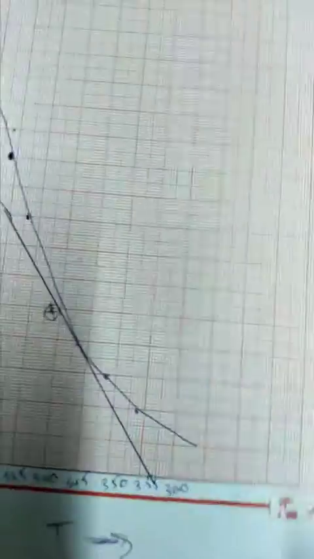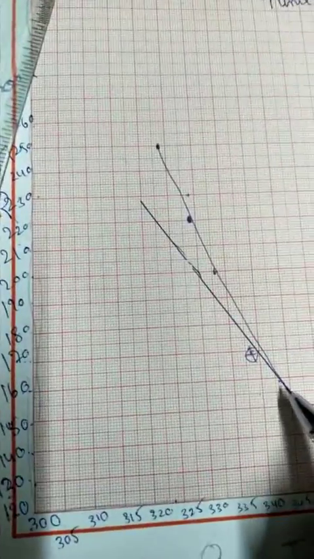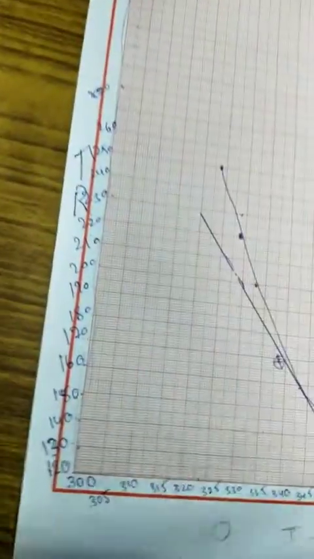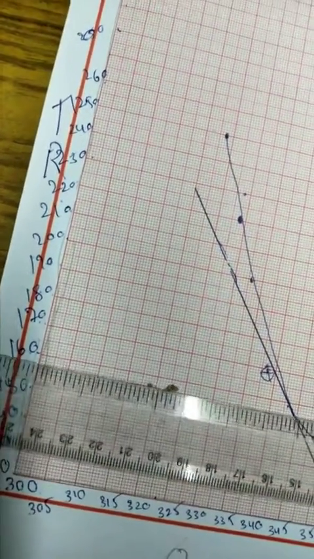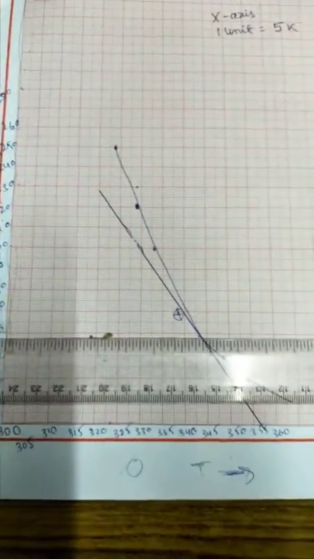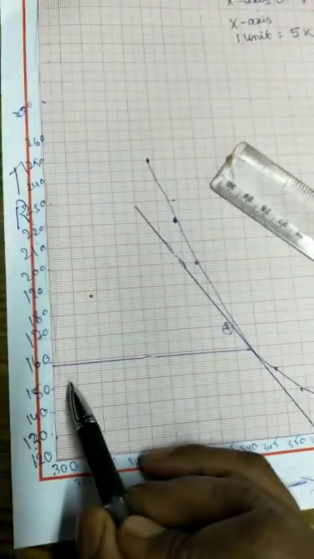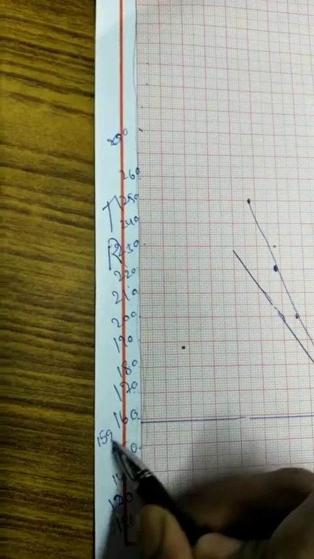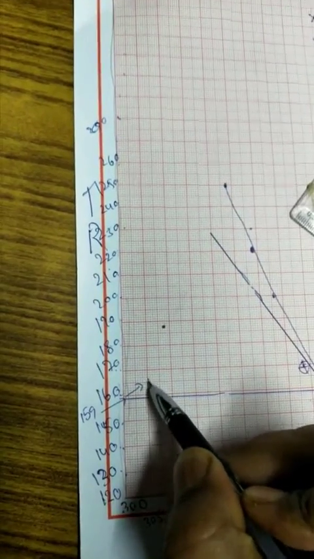Now you have to practice it a number of times. You will get it like this. Okay, so where it touches this point, I will extend this side. Slowly I will put and draw here. Exactly you have to draw, then you will get exact values. You see I have drawn the line here. It reaches nearly 159. This value is 159, and that value is called capital R.